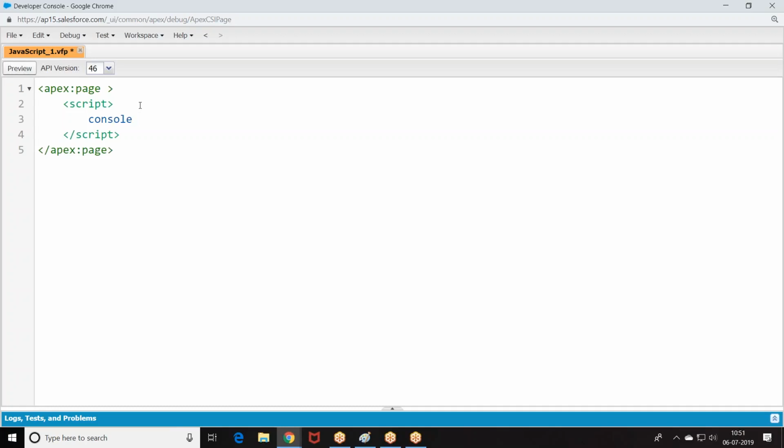Now, console.log. In Apex, we use system.debug in development. What is the purpose of system.debug? It is for testing, when you want to write a test statement to check whether the logic is running properly or not. As a part of unit testing, you write system.debug, go to the log file and check it. Similarly, in scripting, the testing format is console.log. When I say console.log, it prints the message on the log file.